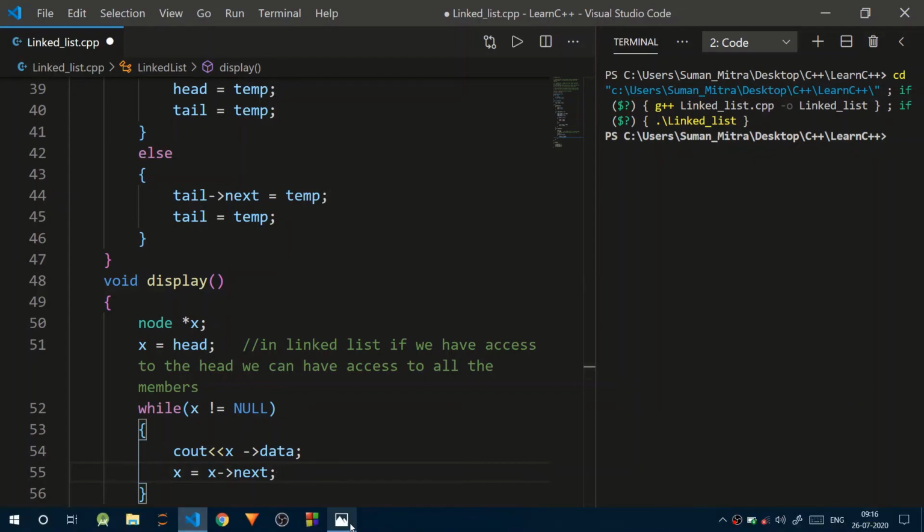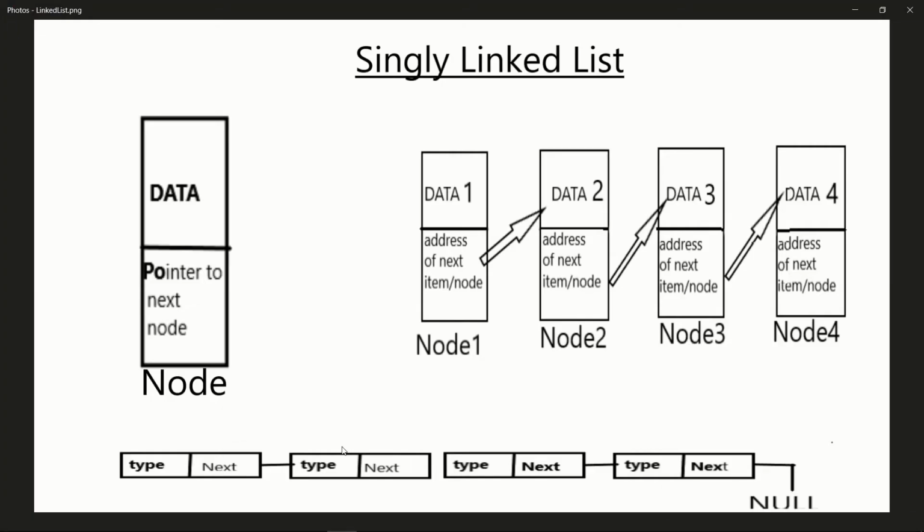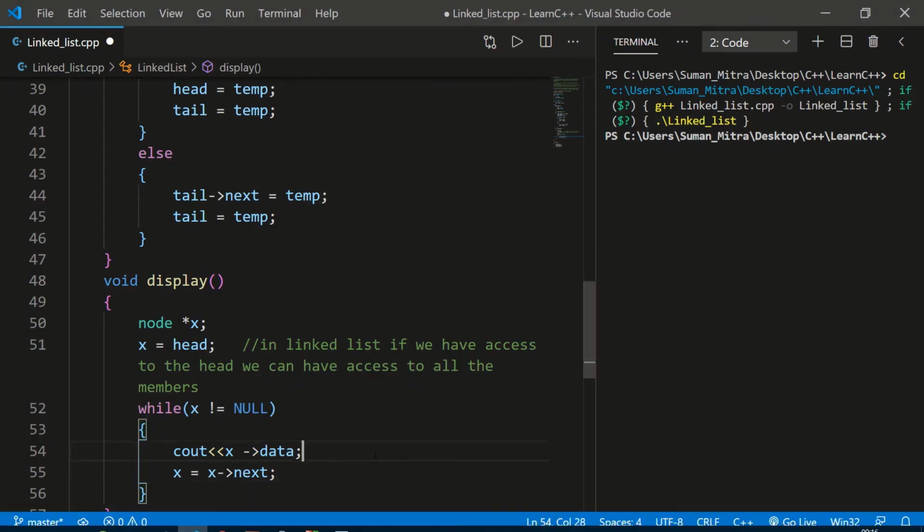Okay, I'll show it here. Whenever we write next, it is pointing to the next node that is associated with it. So I hope you got this. Now if you just run this,